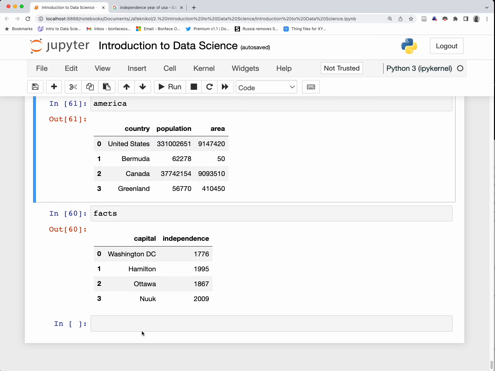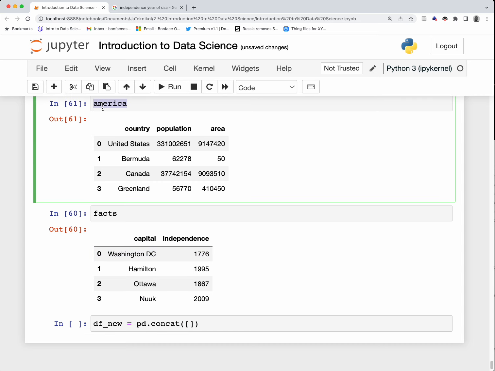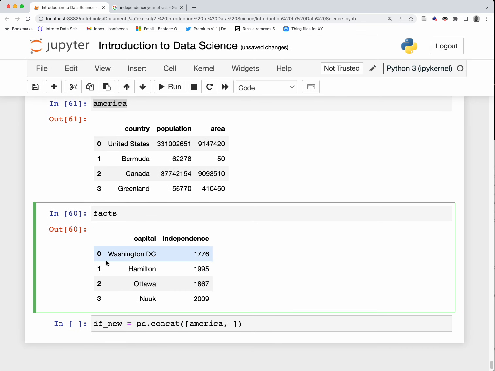So to do that, let's create a new data frame called df_new as the variable name, and then we use pandas, pd, and then we use the function concat. This is the function that is going to perform that operation, and you basically specify the first data frame as a list. The first data frame is going to be America, which is this data set. Then comma, your second data frame, which is this data frame containing the capital and the independence year,